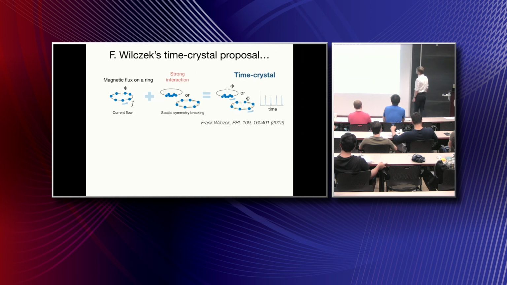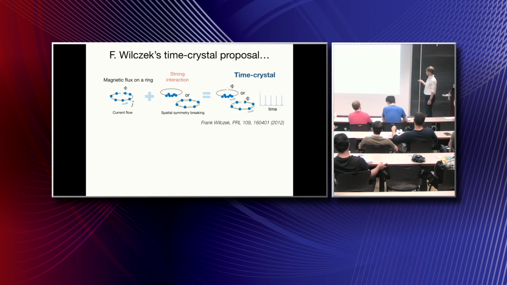The concept of the time crystal was originally proposed by Frank Wilczek, and I guess the physics that motivated him is that time and space are in some sense equivalent, especially in relativistic situations. So then, if you have spatial crystals, why shouldn't you have also this kind of corresponding phenomenon in time? And he even tried to cook up some model for this